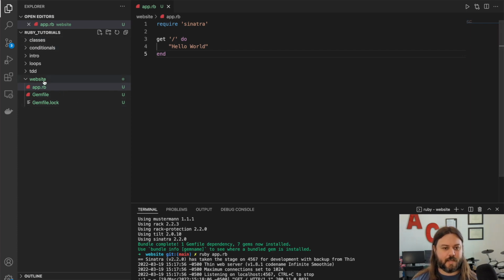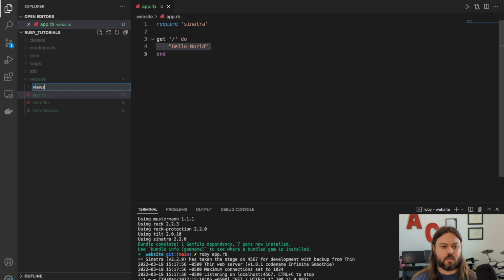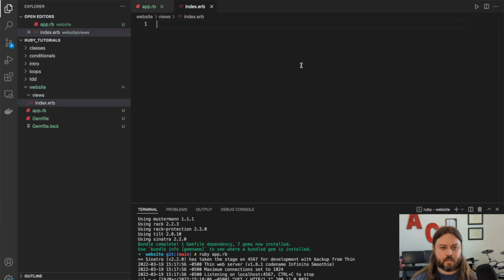Let's make this a little bit nicer though. And instead of just rendering a string, we'll render a view. And we'll call this views, this new directory. Create a new file in here called index.erb. In here, we will create an h1 tag. So this is going to be HTML rendered, and ERB is going to embed Ruby into it, so we can change it dynamically. We won't do that right away, but if we do hello world and close our h1 tag with the right syntax,